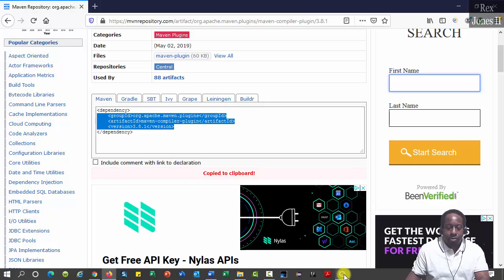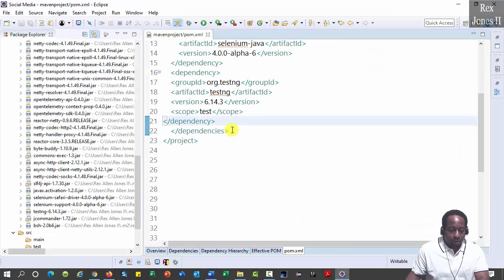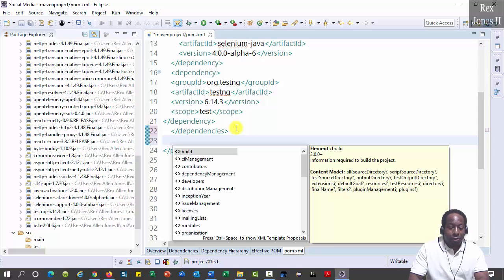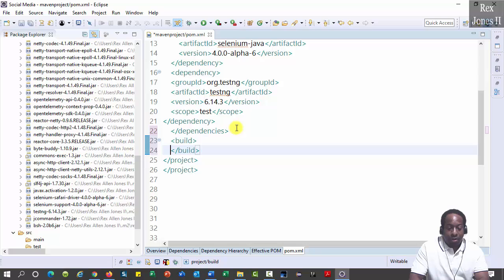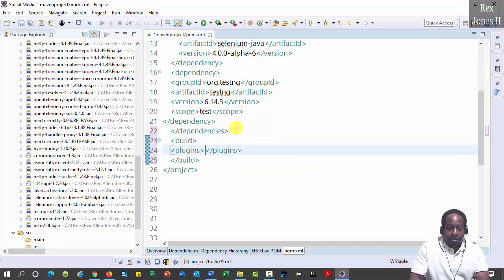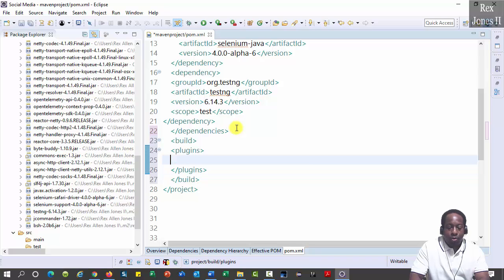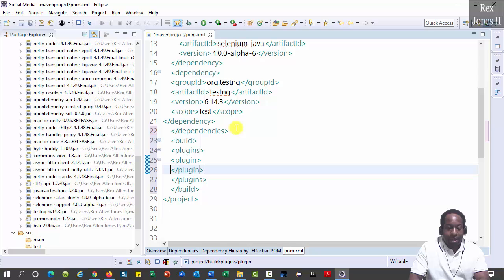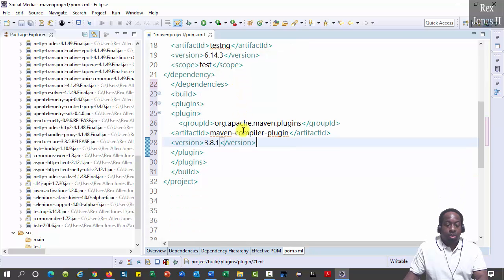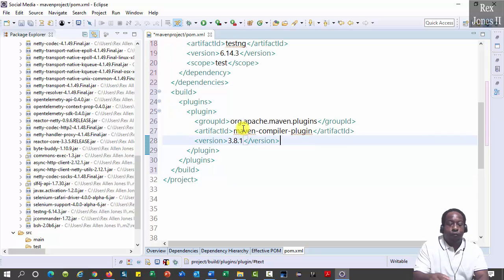Go back to Eclipse, and after dependencies, we click Control Space, select Build. Control Space again, select Plugins. For the last time, we click Control Space, then Plugin, and paste. Control Shift F, format this